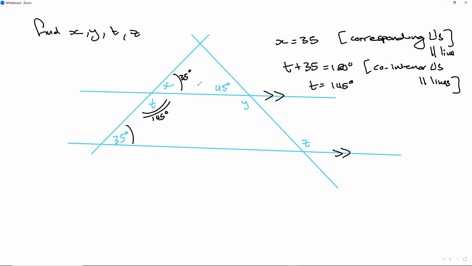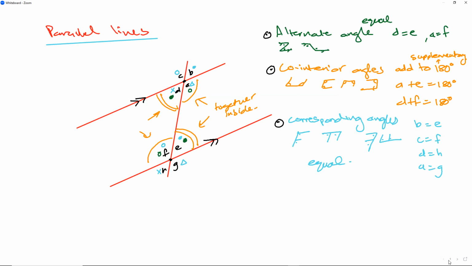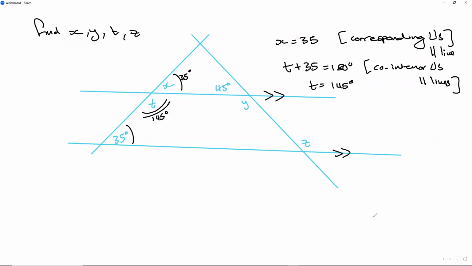Now, there are many reasons to get that anyway. We could have used angles on a straight line add up to 180 degrees as well to get that. But we want to specifically zone in on corresponding and co-interior. So let's look for one more. Let's look for alternate angles in some kind of Z shape. I can see that y is equal to z because of alternate angles. But I need to find y first. So I'll find y by stating that